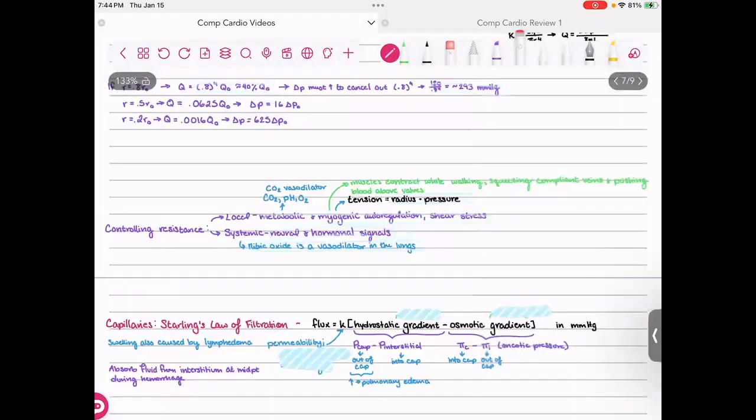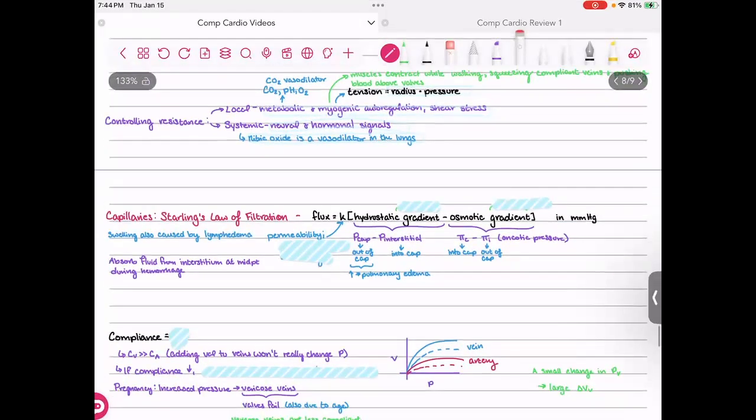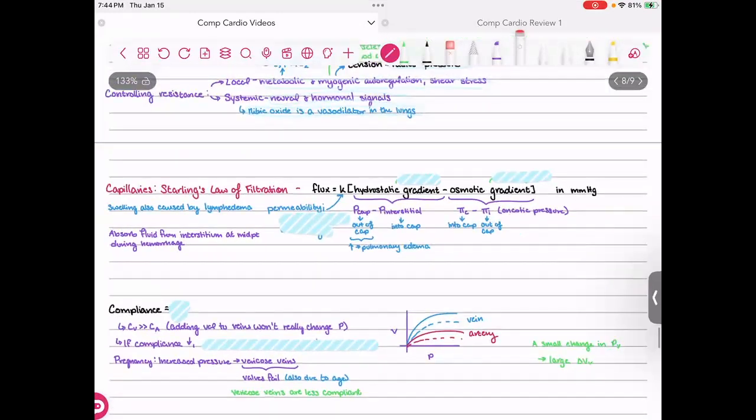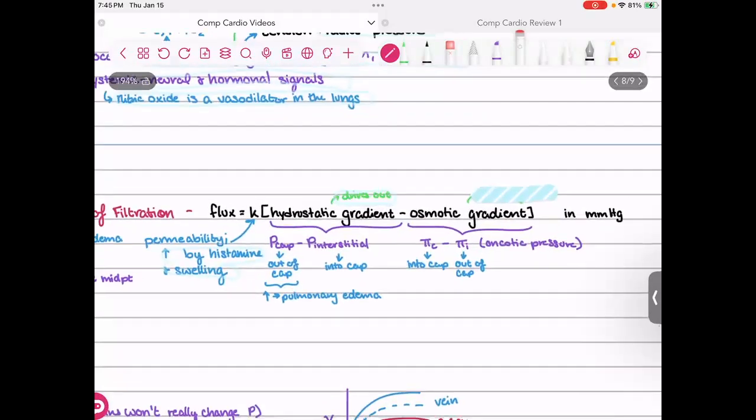If we look more specifically at capillaries, we can take a look at Starling's law of filtration, which essentially says that flux is directly proportional to some permeability constant K, and this permeability constant increases with histamines and swelling. But flux is a function of this K times the hydrostatic gradient minus the osmotic gradient. And think of the hydrostatic gradient as what's driving blood out of the vessel, out of the capillary. The osmotic gradient is what's pulling water, in this case at least,